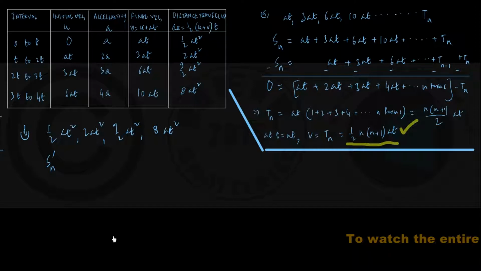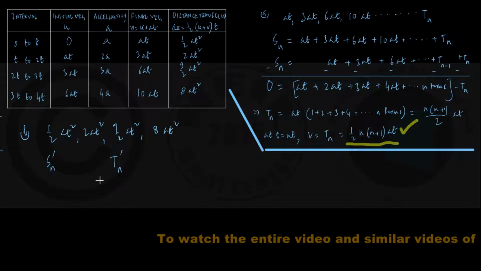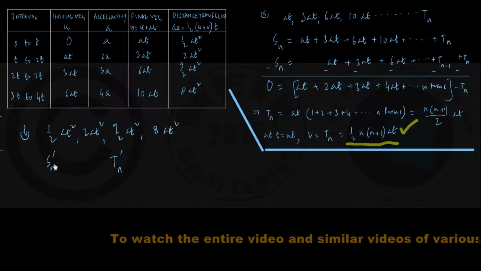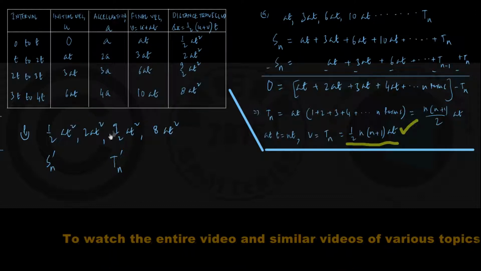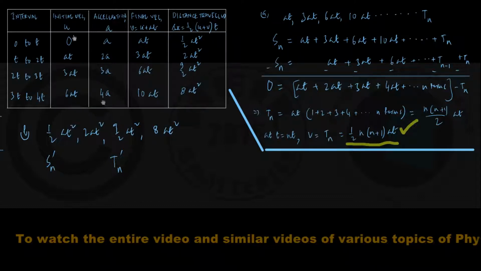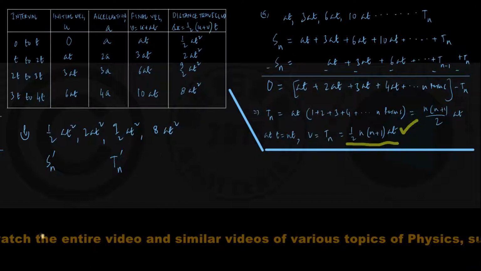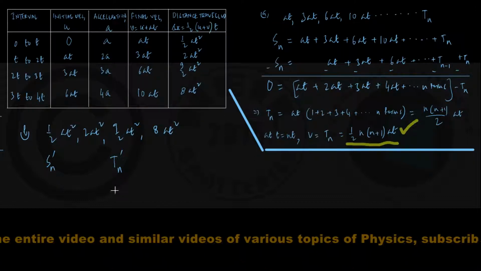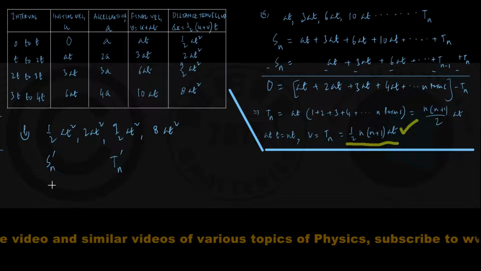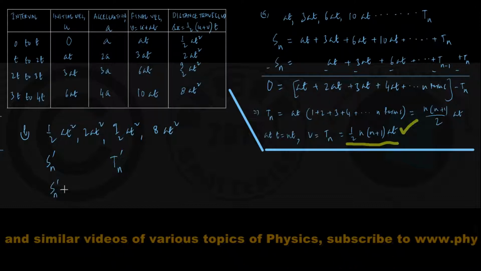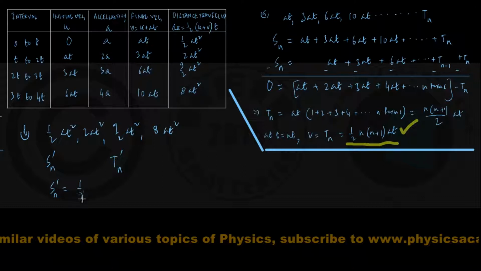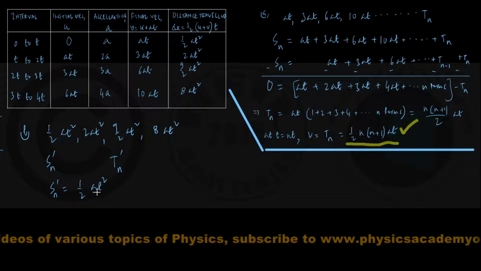For distinction, I already used Sn here. And suppose for this series, the nth term I take to be Tn dash. And remember, this Sn dash is representing the displacement of the particle in time nt. So I'm writing once again that Sn dash is equal to half at square